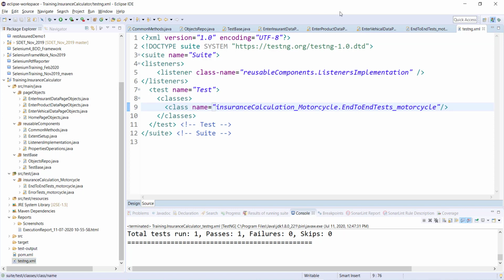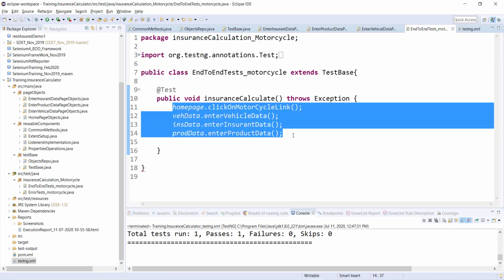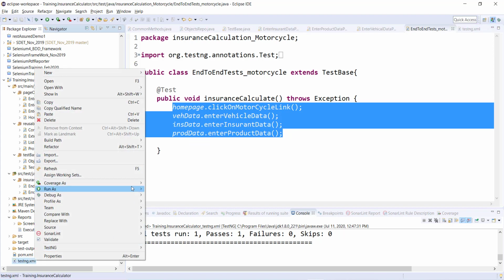Great. And did I annotate it with @test? Yes, it is. Okay, so that is pretty simple, right? So see how readable it is. So there is basically abstraction in between your actual locators, test data, and this is kind of more readable, right? Let us execute.